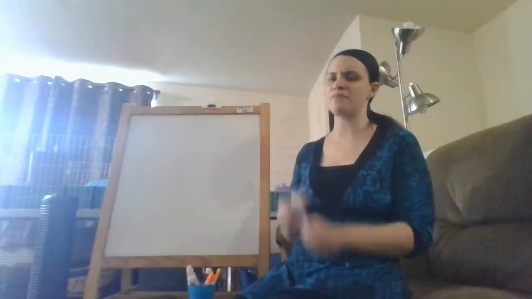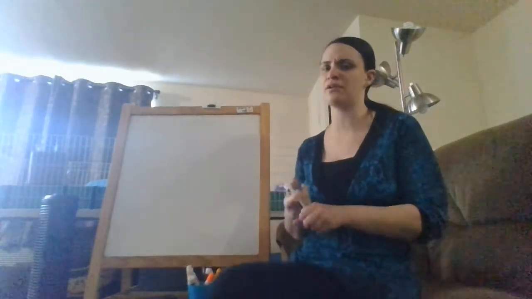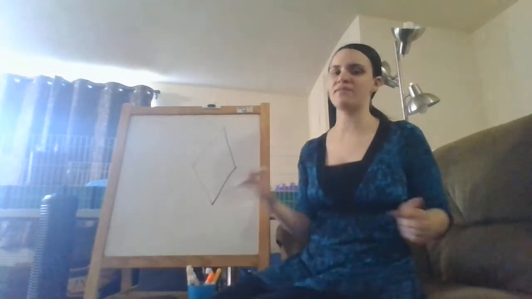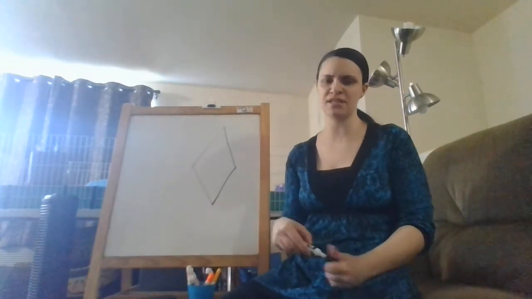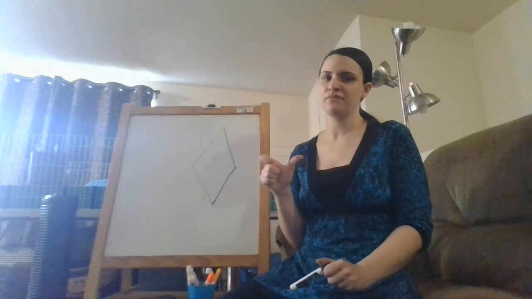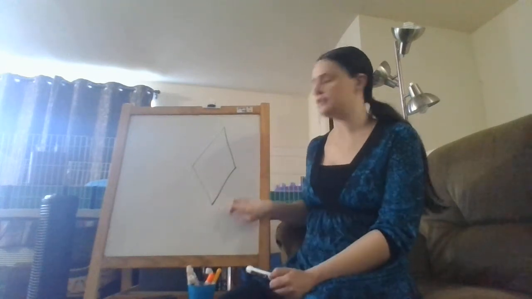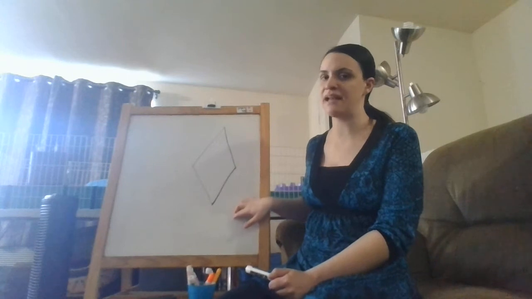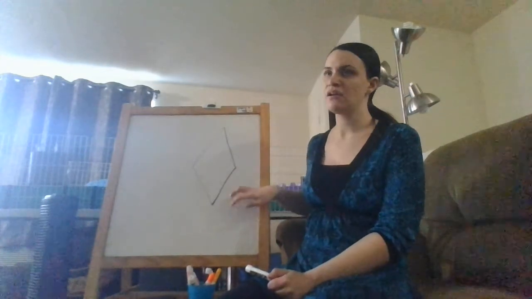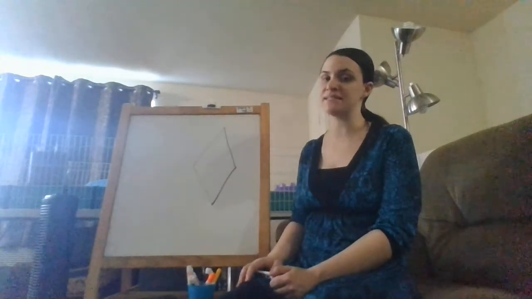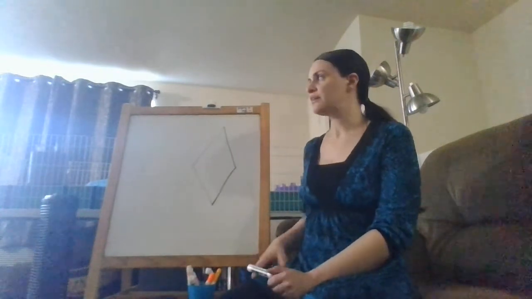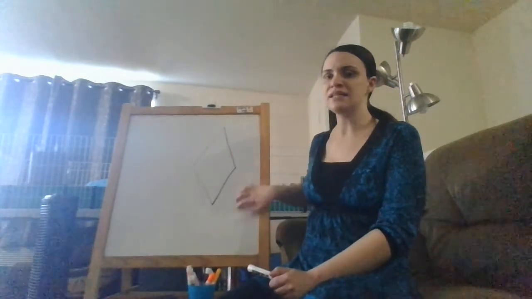Now, our shape of the month, remember, has 2 names. We can call him either name. Okay, so what is one of the names of this shape? It has 2 names. First, tell me the first one. Good. And the second one. Good. His name is Rhombus. Can we say it together? Ready? Rhombus. Or his other name happens to be diamond, like a ring. Can we say diamond? Diamond.